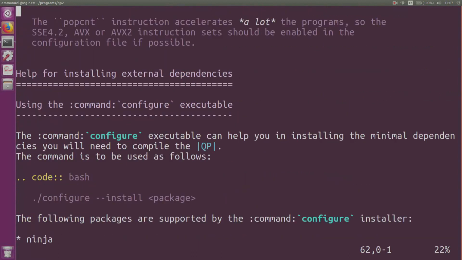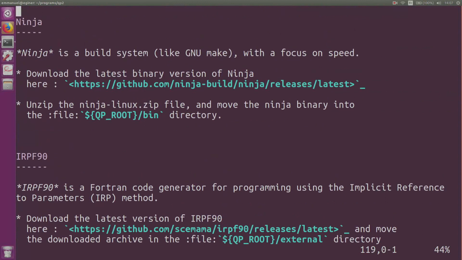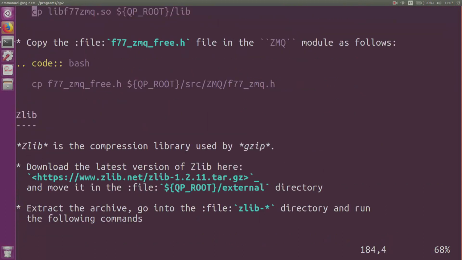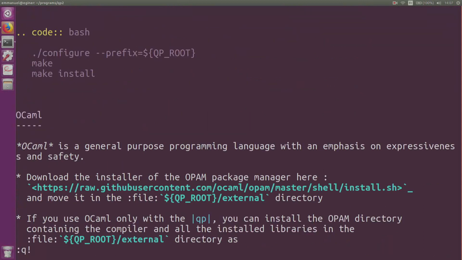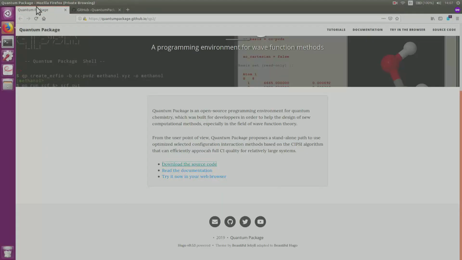For example, here you have Ninja, IRPF90, so all these things we are going to go through together. So this is a plain text file, but of course if you come back to our Quantum Package